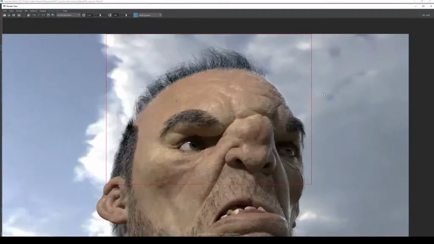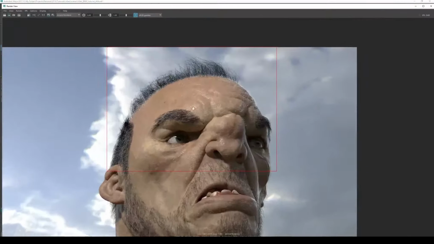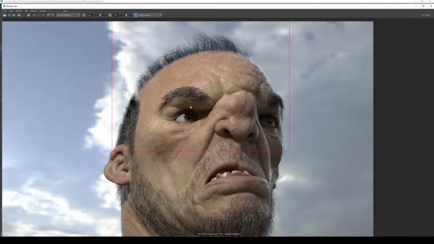So this will show us the length change in the peach fuzz, the density in the hair on his head, and the density in the eyebrows. No changes were made to the beard. So yeah, we'll see what this looks like. I'll be back once the render finishes. So I'll save this first and then render. Okay, so the render is finished,